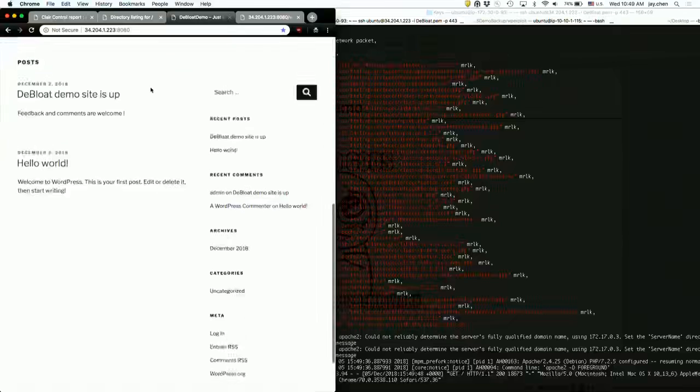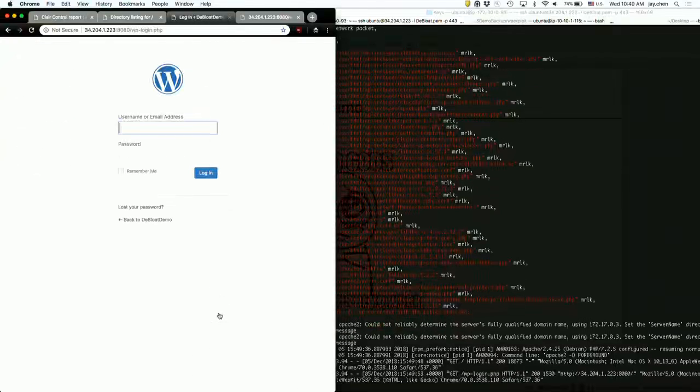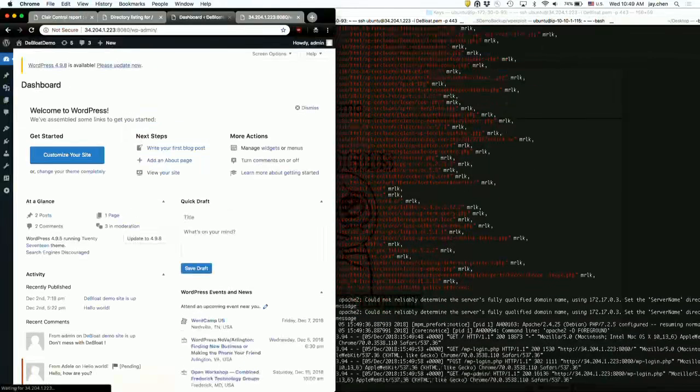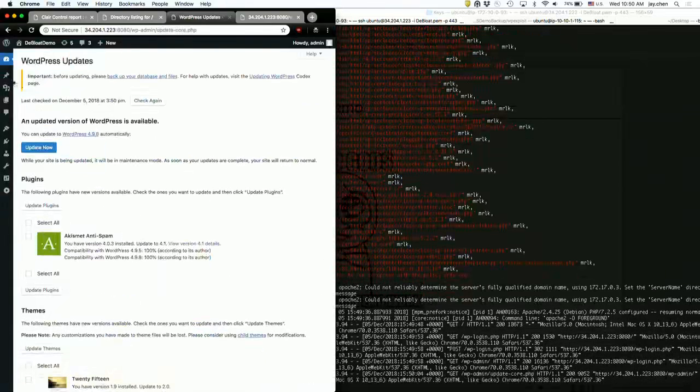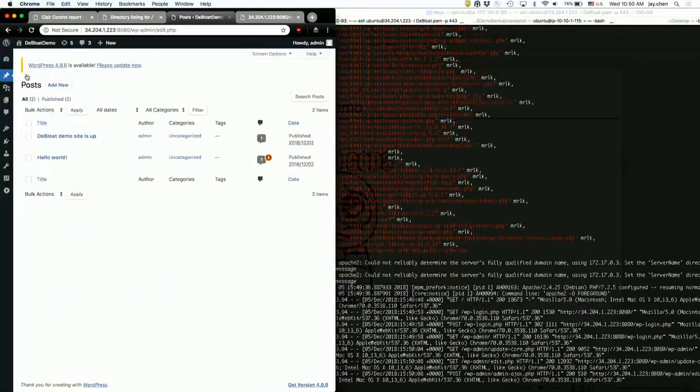Load the home page, and let me log in. And let's see if the intended functions still work. Check the update, check the post, and let's see if we can check any user.